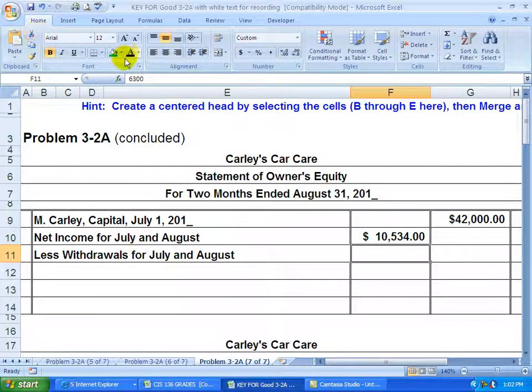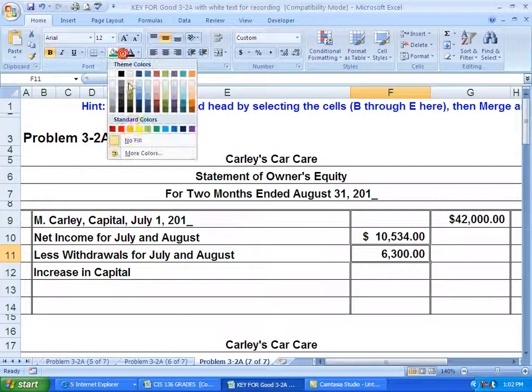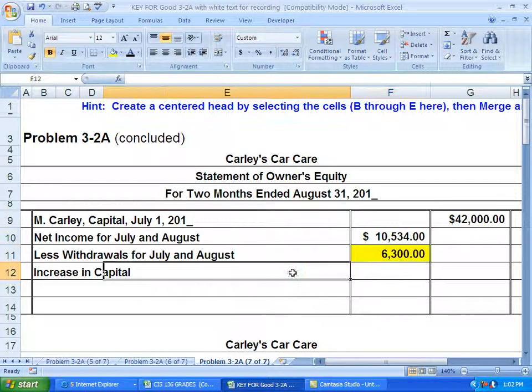The owner withdrew $6,300. So their net income is $10,534. They drew this much out for personal use. The difference is their increase in capital. Now it's an increase because the net income is greater than the draw. So we're going to subtract these two numbers. The increase is